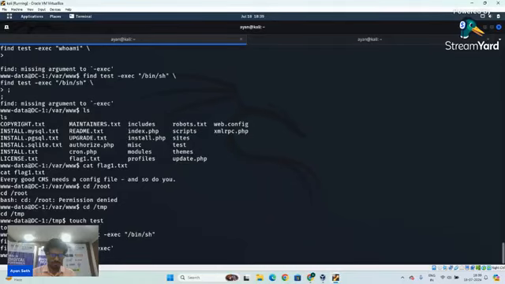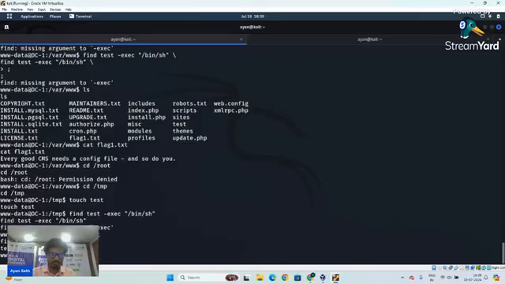It is showing missing argument to exec. The file can be found using the find test directory. So if I try to run this particular command,